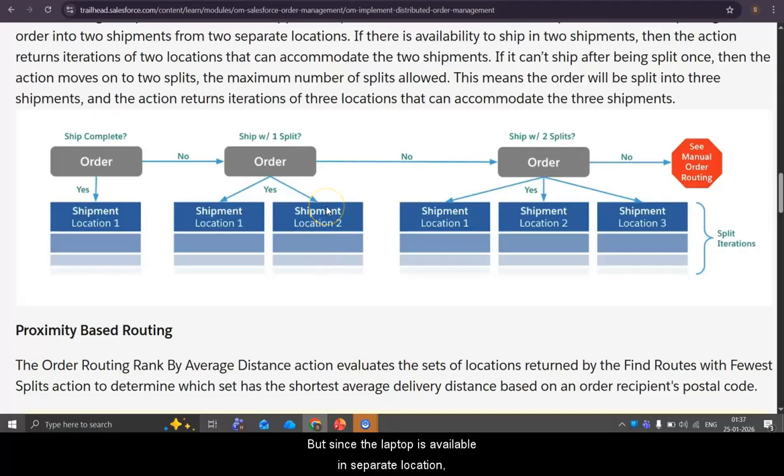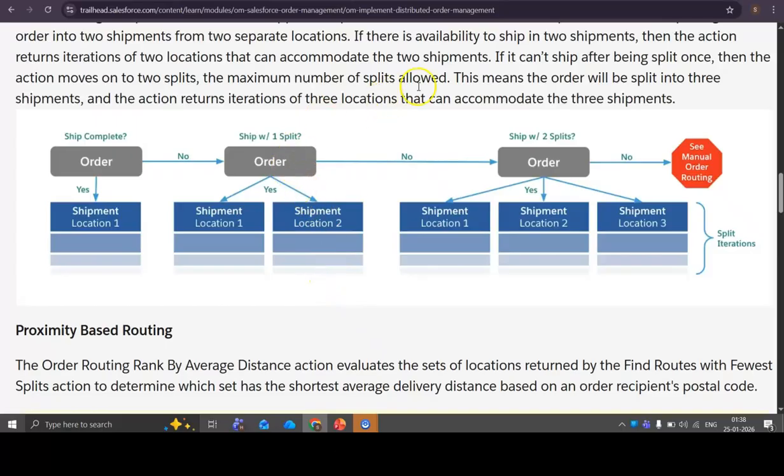Since the laptop is available in a separate location and mobile plus speaker are in one location, it will create a single shipment for these two products. Consider in some cases phone plus speaker are also not in a single location. Here I have three products, but all three are not in a single location, and not even two products are in a single location.